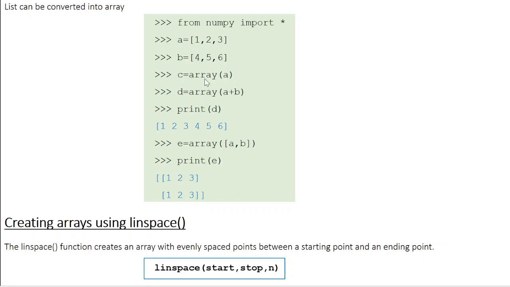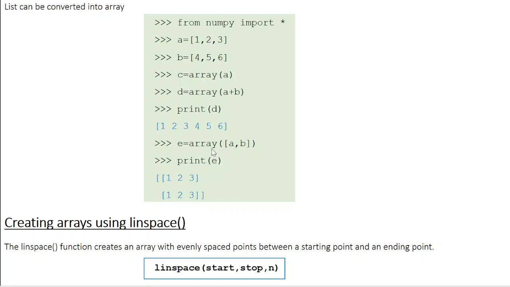Now you can do some array operations here. For example, when you say D equal to array A plus B, it's going to create an array D with elements from both list A and B. So this is how the D array is going to be. So you have elements from both these lists.